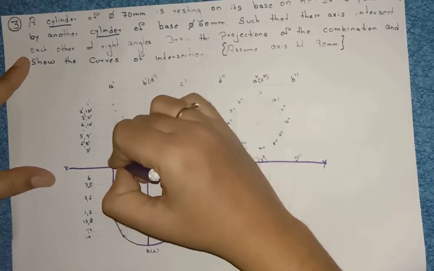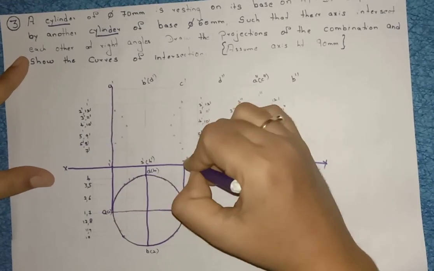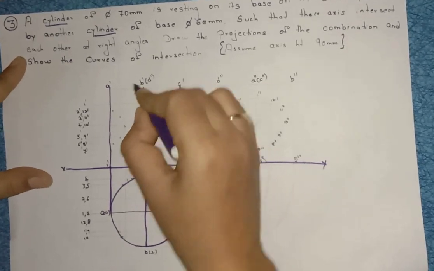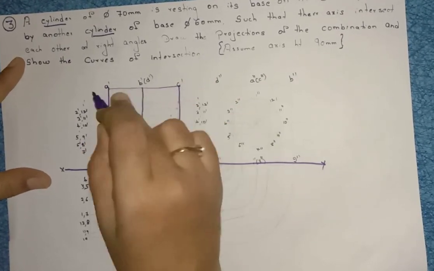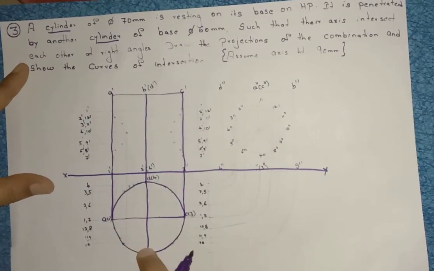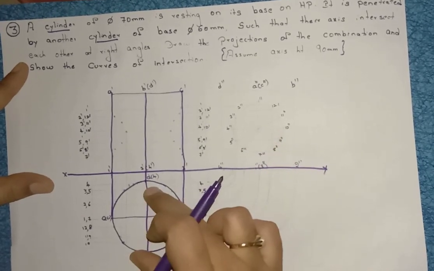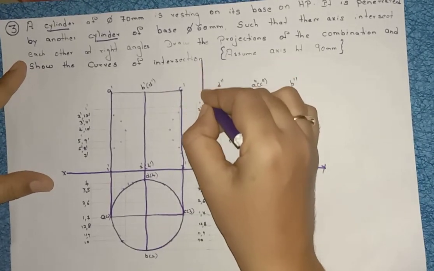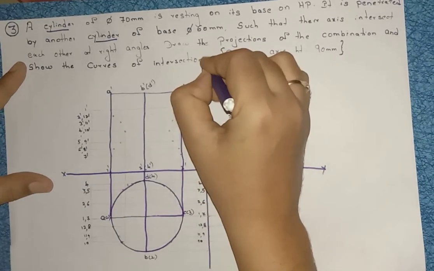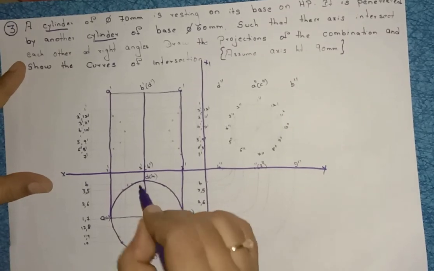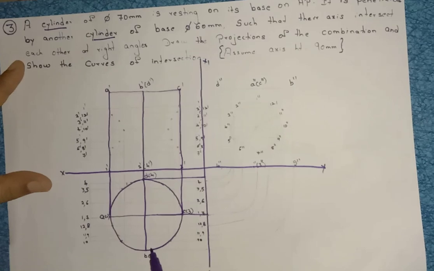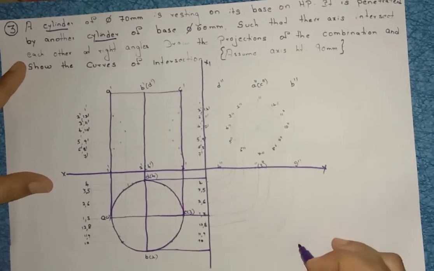Now how much is the axis height here? 90 mm. Axis height here is 90 mm, right? Project this one, write the points A dash, B dash, D dash, C dash. After front view, top view, you have to construct the side view with the help of this. So leave some gap here, draw a vertical line, name it as x1 y1, another reference line, right? From D draw a straight line till here, from A and C draw a straight line till here, from B draw the straight line till here.